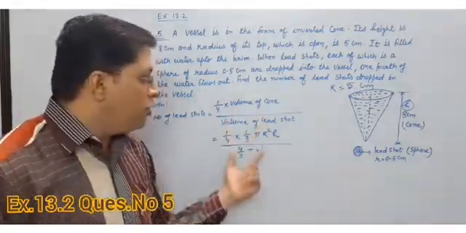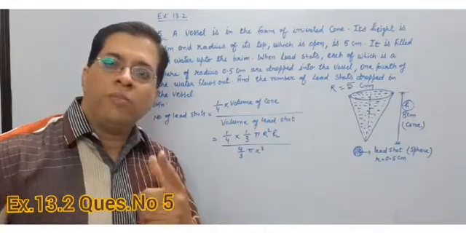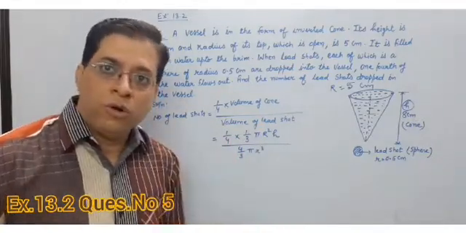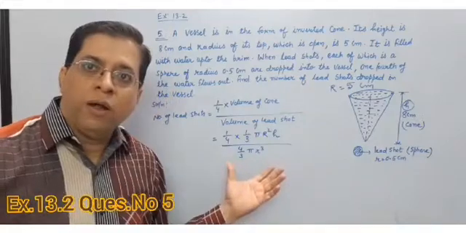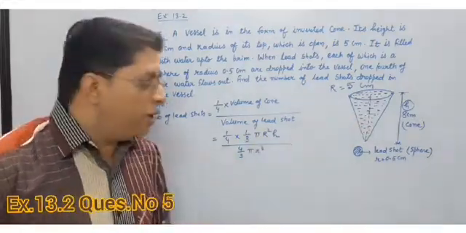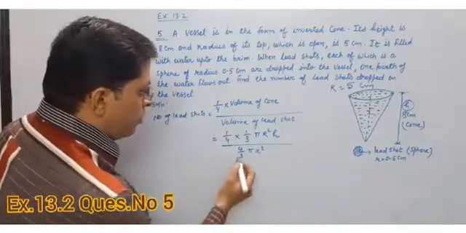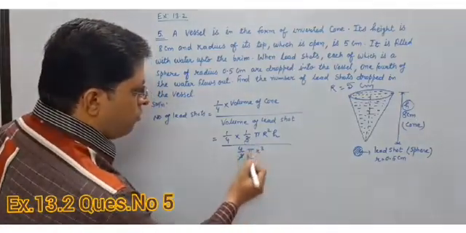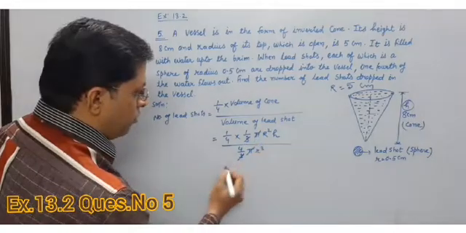Okay, and what is the volume of lead shot? It is 4 upon 3 pi r cube. So what to do? I have to simplify this formula first, then after I have to put in the values. This is a very simple one. Okay, come on. See, this 3 to 3 gone. This pi to pi gone.